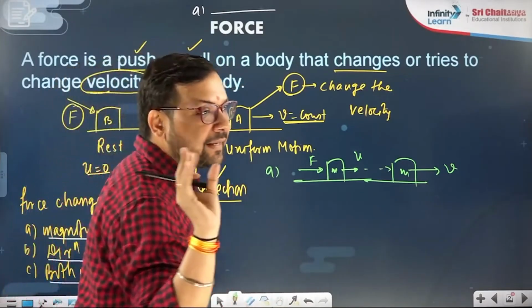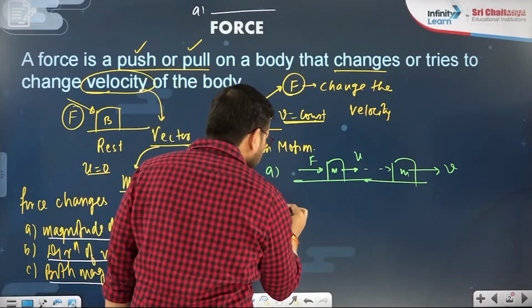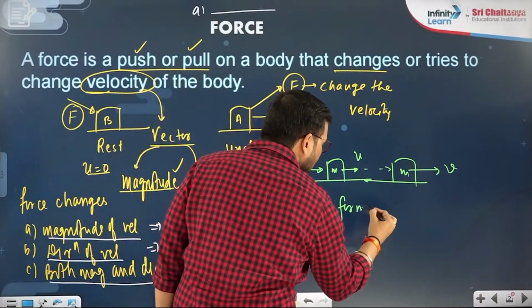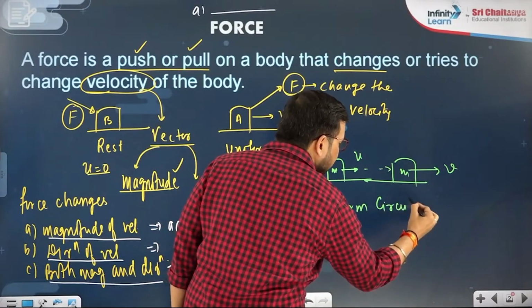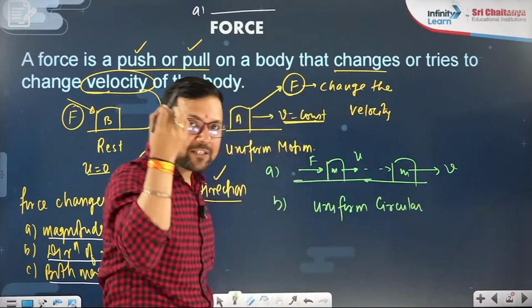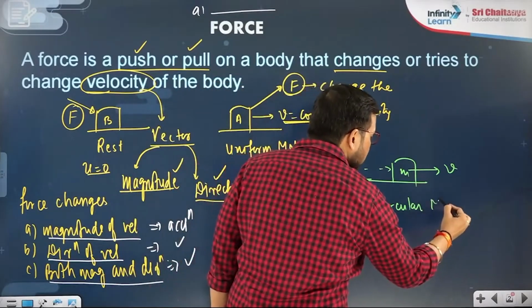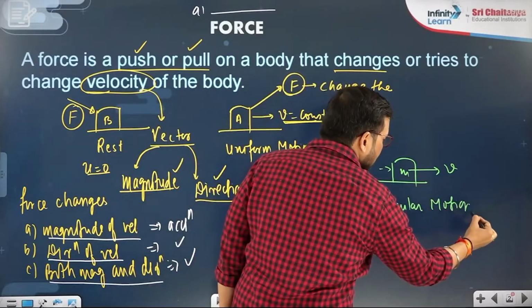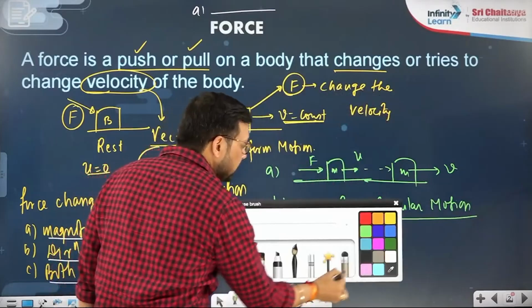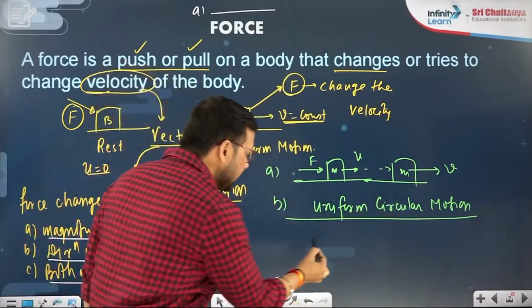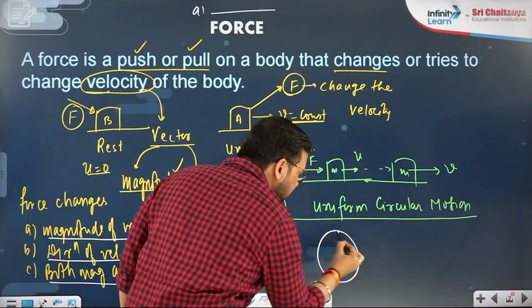Okay, right. B part, let's say uniform circular motion. Take what example is that? Understand, try to imagine force in your mind. What force is capable of doing? In uniform circular motion, circular motion is there. The motion is on a circular trajectory, but in the circular trajectory, speed is not changing.